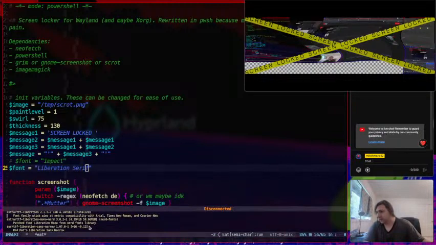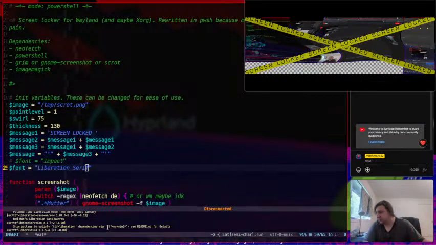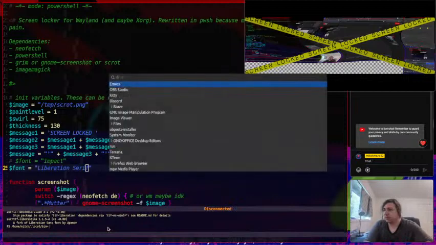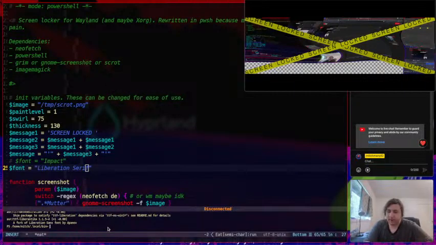Okay, TTF Liberation. It says that I have. Okay, that is weird. Now one thing that you can try is